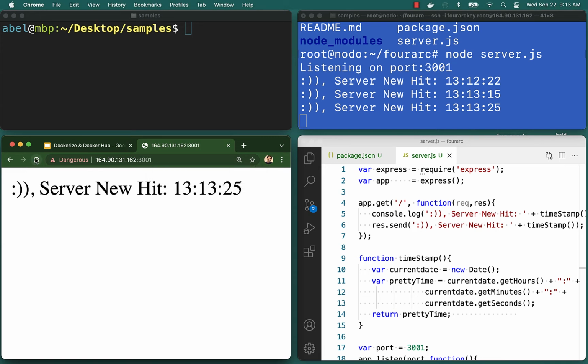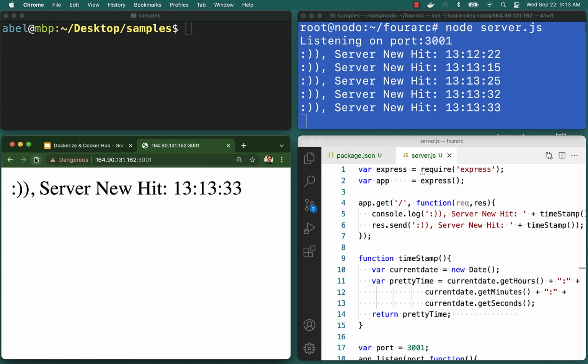So we could hit it a few more times, and you can see there in DigitalOcean on that console, we can see the hits that are coming in from this browser that is in our local environment, but really could be anywhere. And so now that we've done that second architecture, I'm going to go ahead and stop that